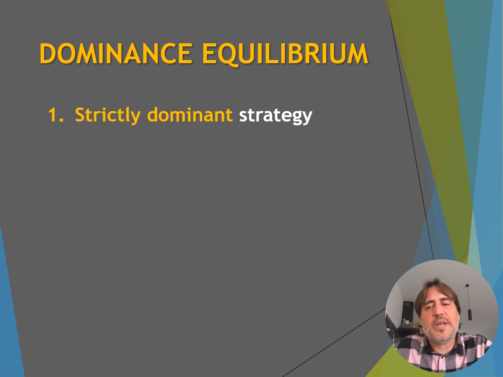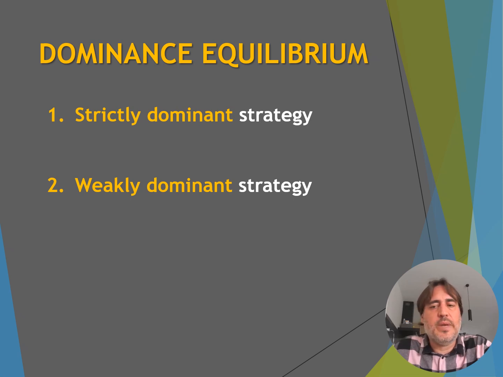We say that one action of a player in a game dominates another action of that same player if the first always provides higher payoffs than the second for all likely combinations of the opponent's actions. We then say that the second action is a dominated action or a dominated strategy for this player. On the other hand,